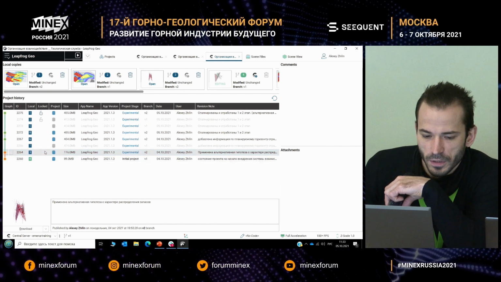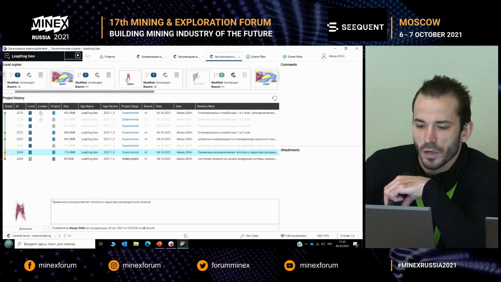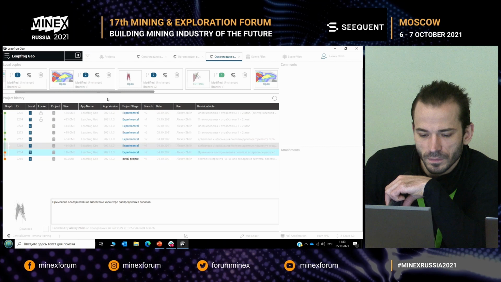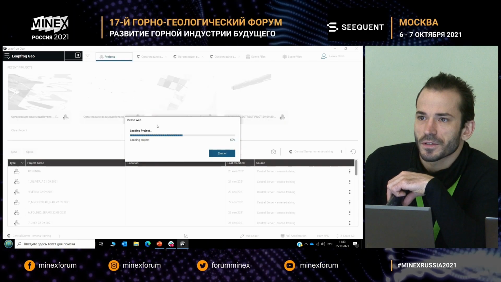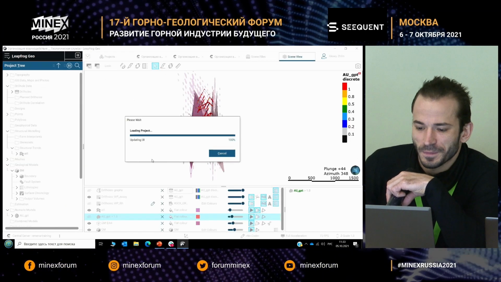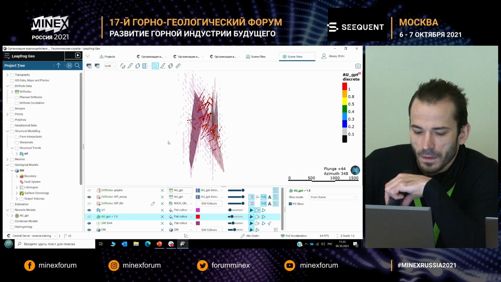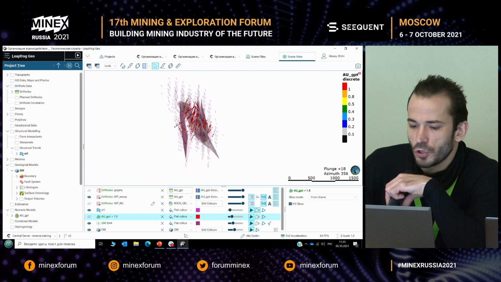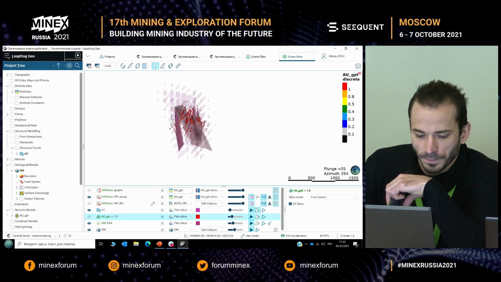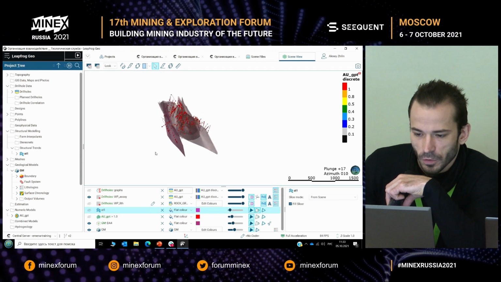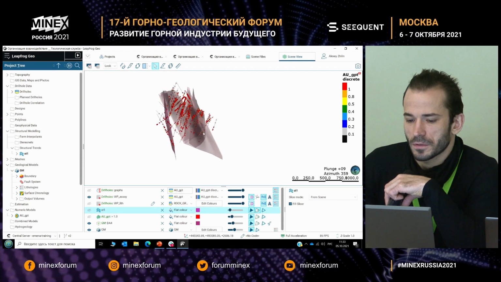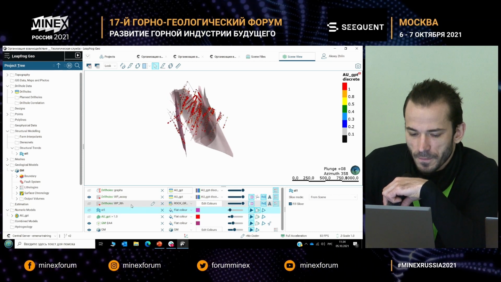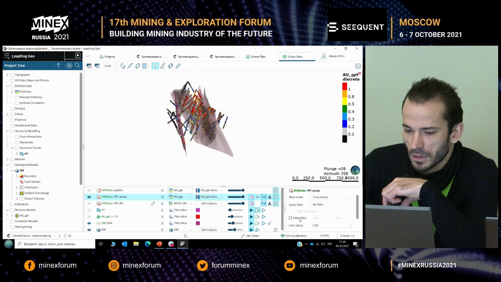Moving ahead, after some time, geologists obtain some additional data. That's the next iteration of the same project. I'll download it and we'll continue. They consider in space some other fractures. This is our fracture area. And we have one more site here. Why do we make such a conclusion?